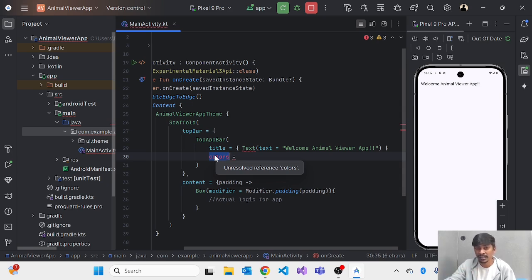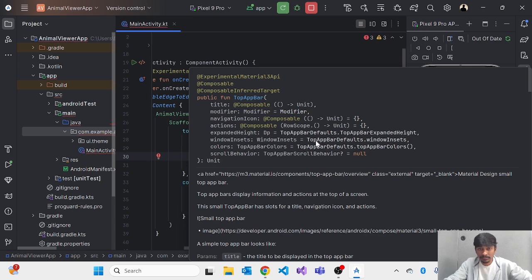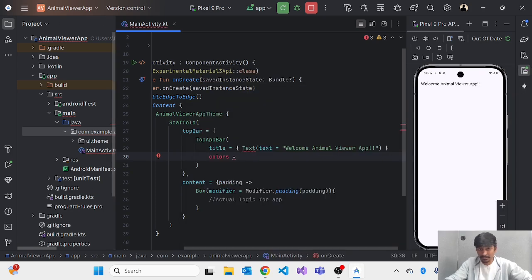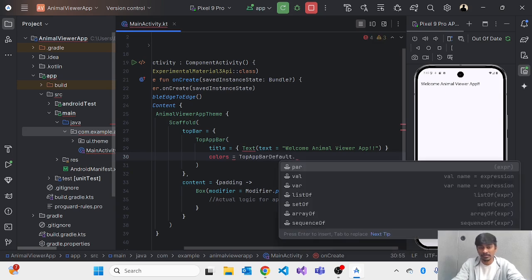Similarly, it's a type of top app bar defaults, so we have to provide the same thing as it's pre-configured, to follow the structure. Top app bar defaults dot,